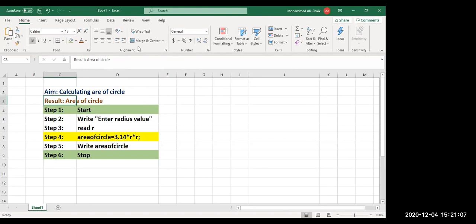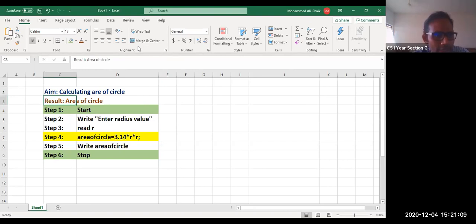This week I am going to give you some programs, that is you have to write the algorithms, scan them and send them. By the end of the day or tomorrow I am going to send a list of programs to be written as algorithms. You write down on a paper, scan them and send them. Not in the WhatsApp group, we'll plan how to do that.